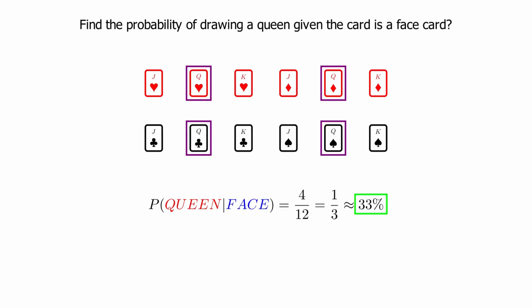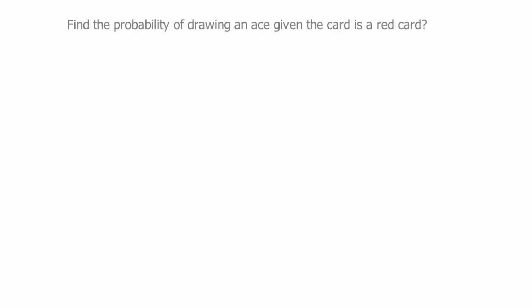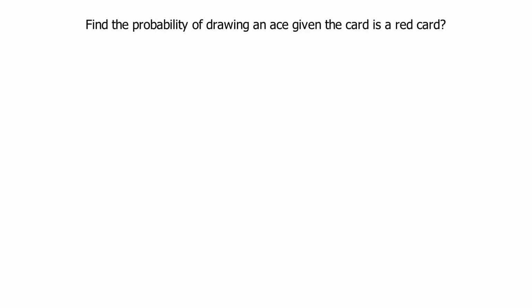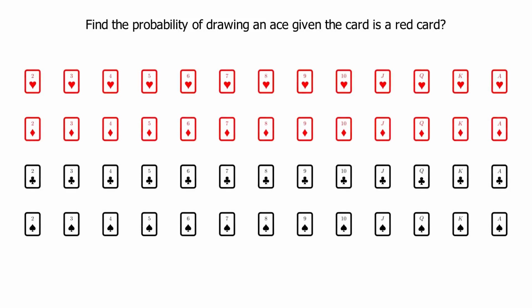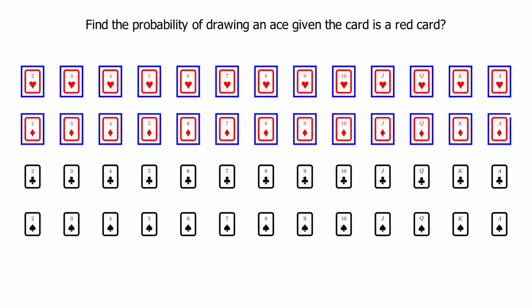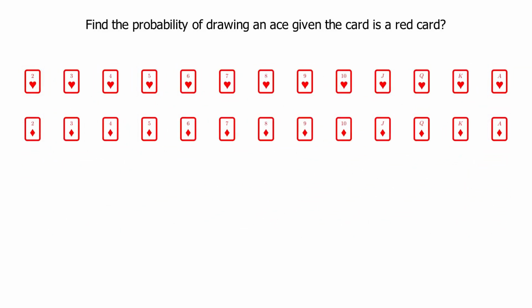So moving on to our next example, it says find the probability of drawing an ace given it's a red card. So as you know, or you may not know, in a standard deck of cards, there are 52 cards, but it is split in half between 2 colors, which is red and black. So there's 26 red and 26 black. All the reds would be hearts and diamonds. All the blacks would be clubs and spades. So when narrowing down our sample space, we can narrow it down to all the red cards,